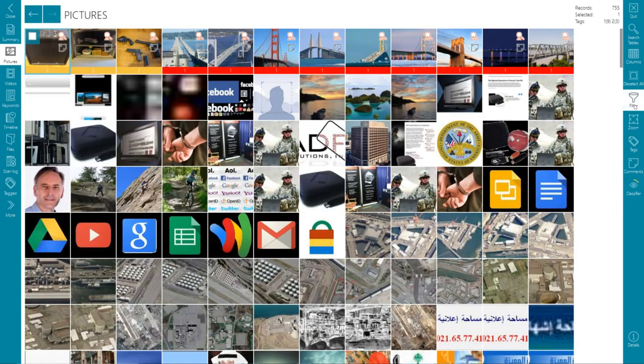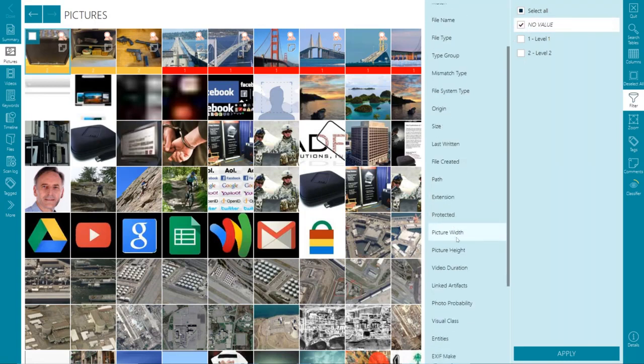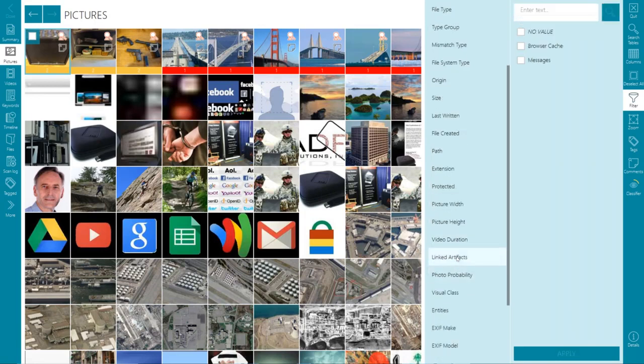I can filter. I can take and filter my tags out. I don't need to see those anymore. So I say, just show me pictures that I'm interested in, or matches, or I can say, show me pictures with linked artifacts.